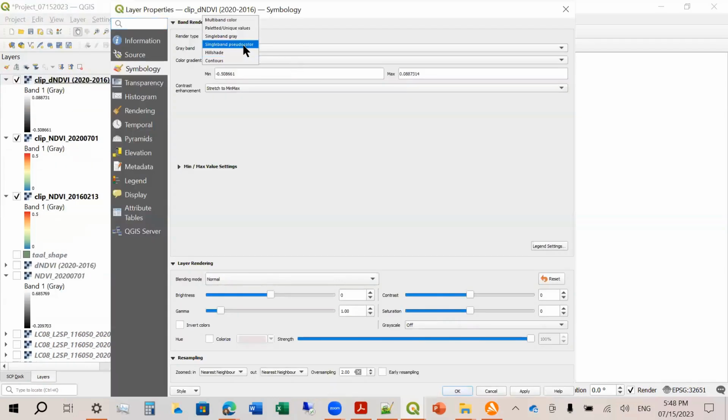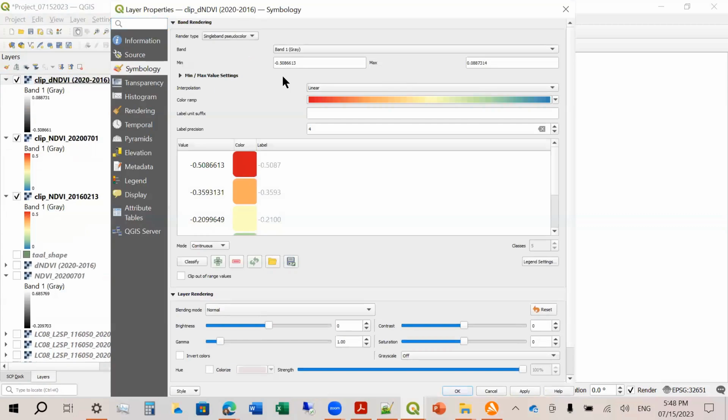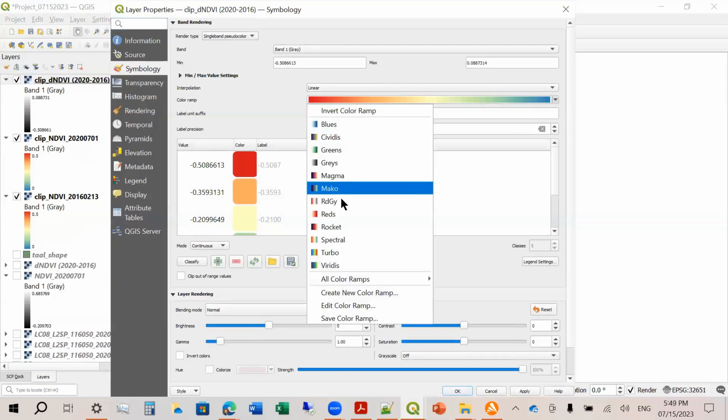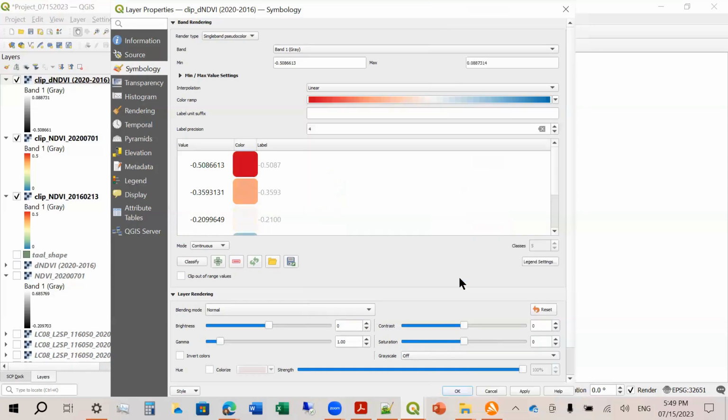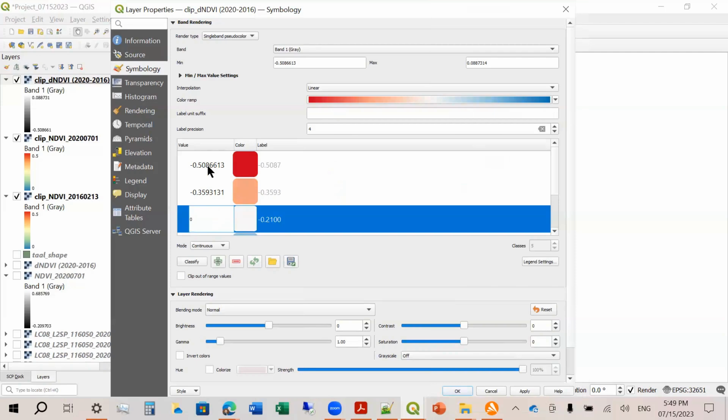the difference. So pseudo color. So for differences, usually we use black, white, and red. So where do we see that? We see that here. So BRRD. Where is that? The RDB. So this is red and blue. So this is minus and this is plus. Okay, so red means reduce, blue means plus. Okay, so that means white should be 0.